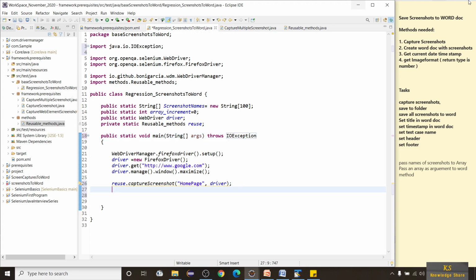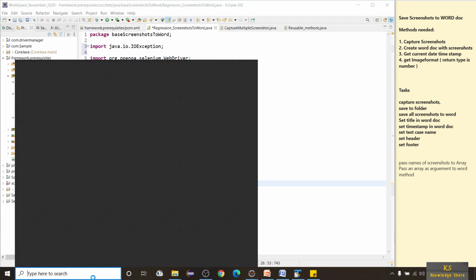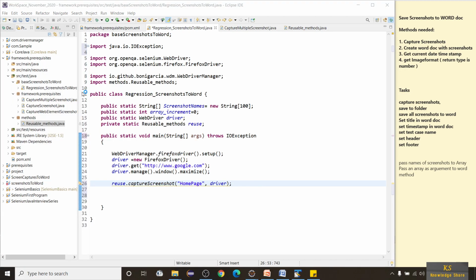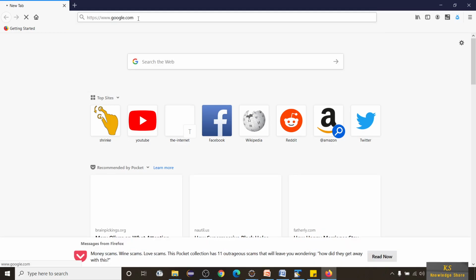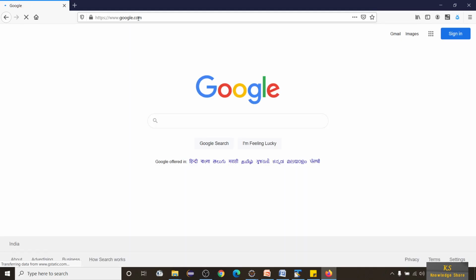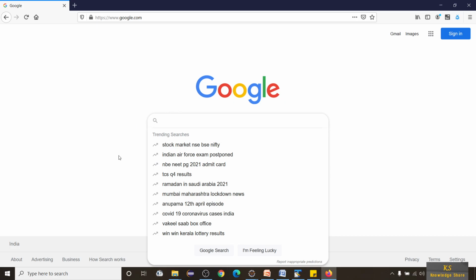And then what I'm going to do now is type something in the page. That means after opening the Google page, I want to type something here and also capture a screenshot.